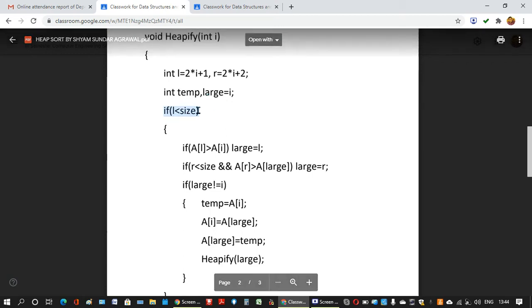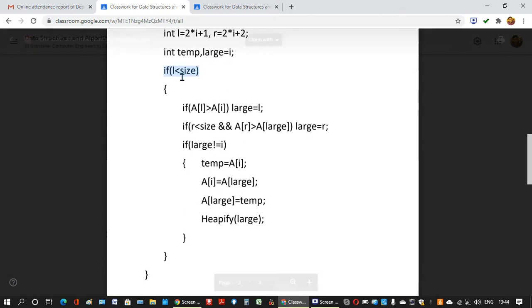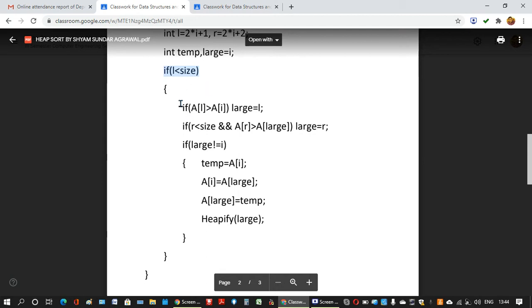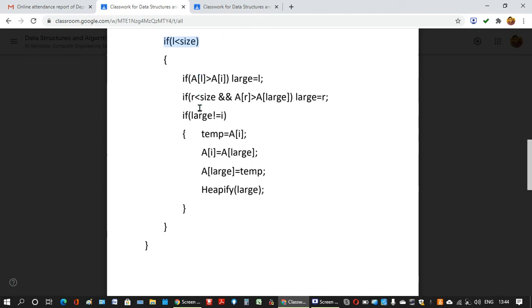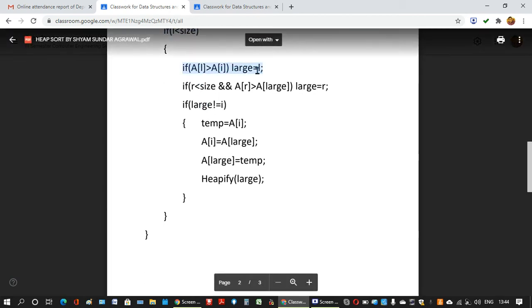See here, if L is less than size, so we are working on the array only if we are within the size. If element L is beyond the size of the array, then we will not consider it. Then if A[L] is greater than A[i], meaning the element at the Lth position is greater than the ith position, then large is L. So we are choosing the largest among three.